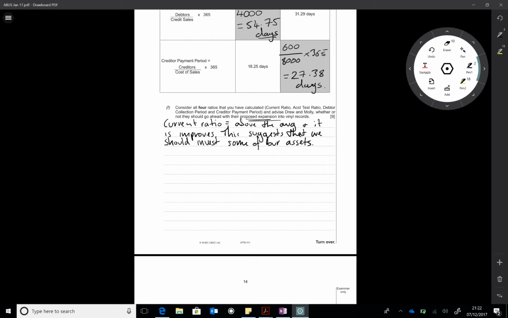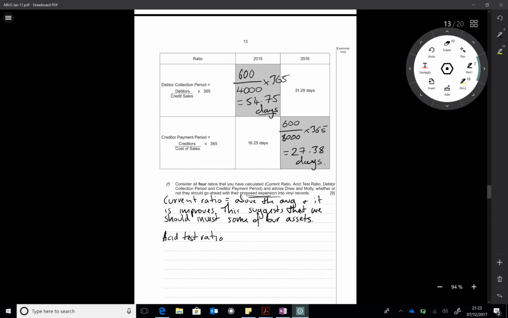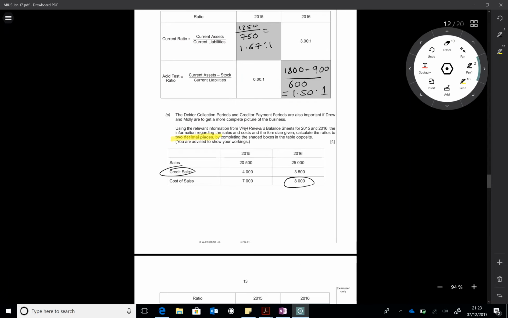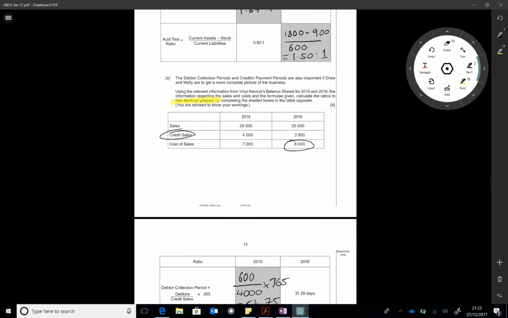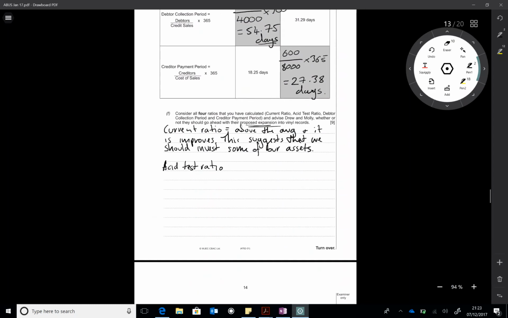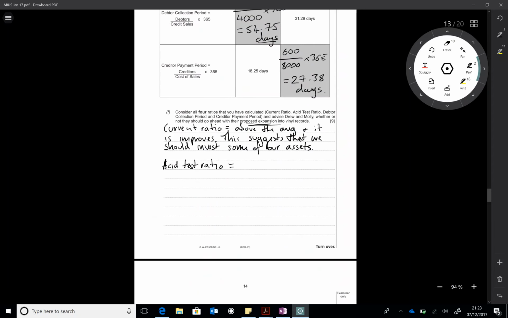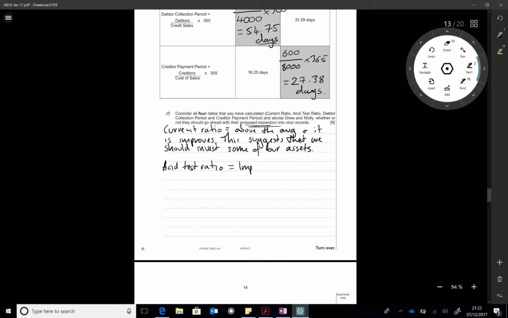there's 4 different bits. We've got our next one, we have our acid test ratio. So if we look again at our bit of information to see what's happened, it's gone from 0.80 to 1 to 1.50 to 1. Now this should be somewhere around the 1 to 1 mark, so it's increased and it's still looking good. So again, we can say that it's improved in the second year,